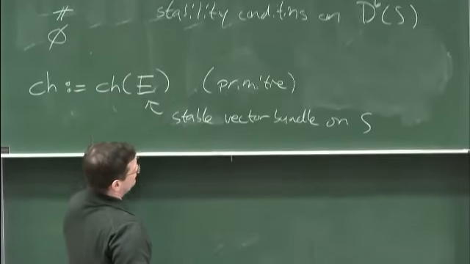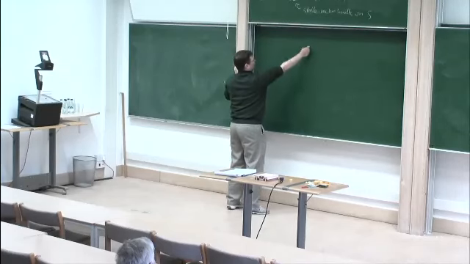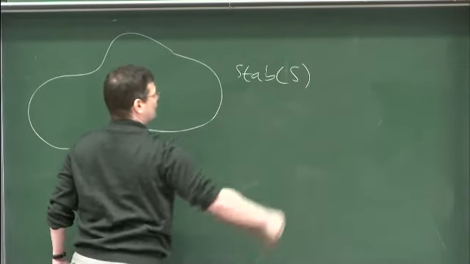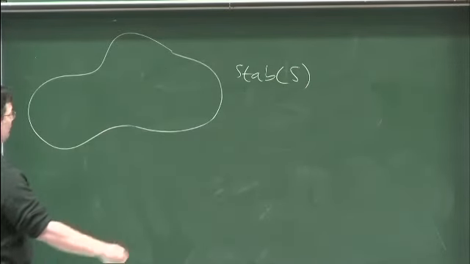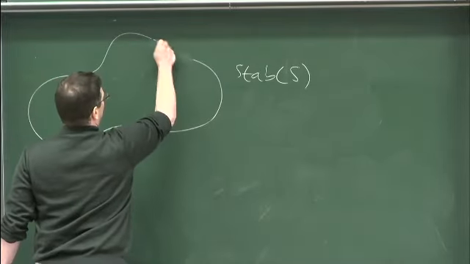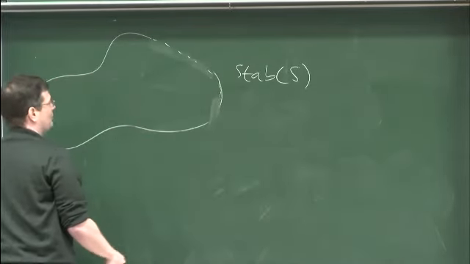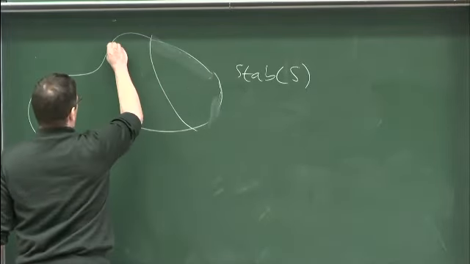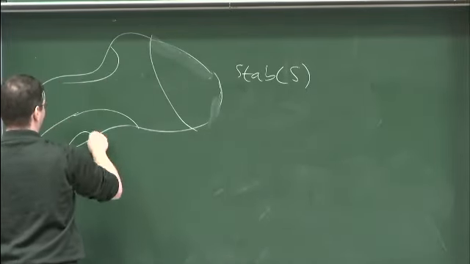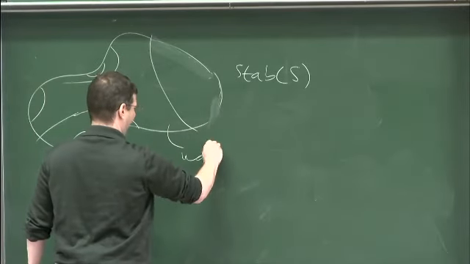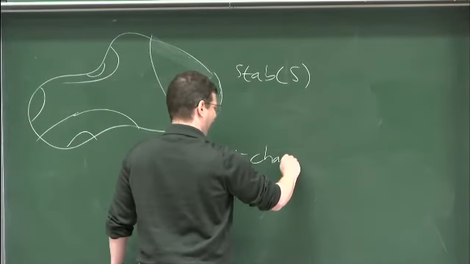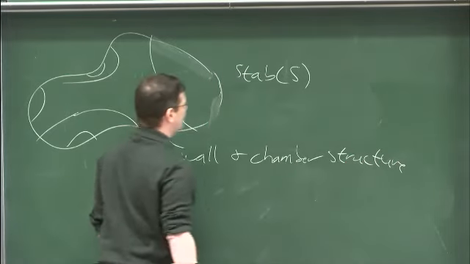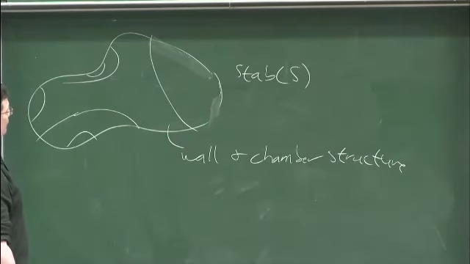Then we get a wall and chamber structure. So there's the stability manifold of S. We'll get some kind of wall and chamber structure, and this is not meant to be a closed manifold. On the stability manifold, with the property that